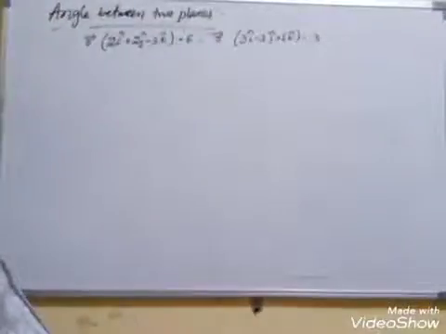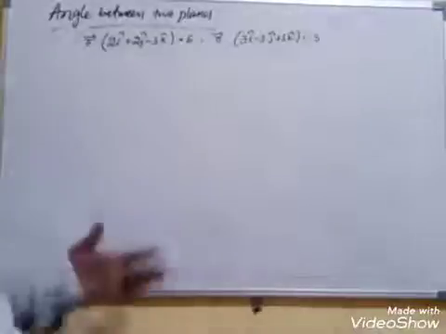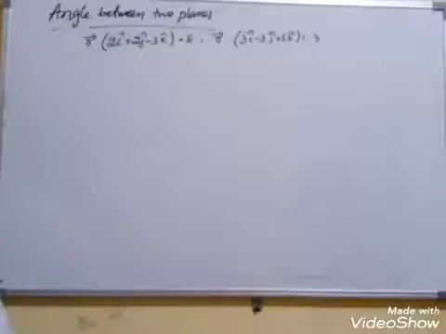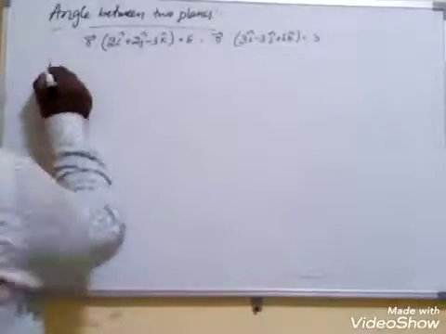Here they have given these vectors, and asked to find the angle between the planes. Now which method do we have to use? It is given directly. It doesn't mention any method, but the planes are given in vector form. That's why you have to find the angle between them using the vector form.